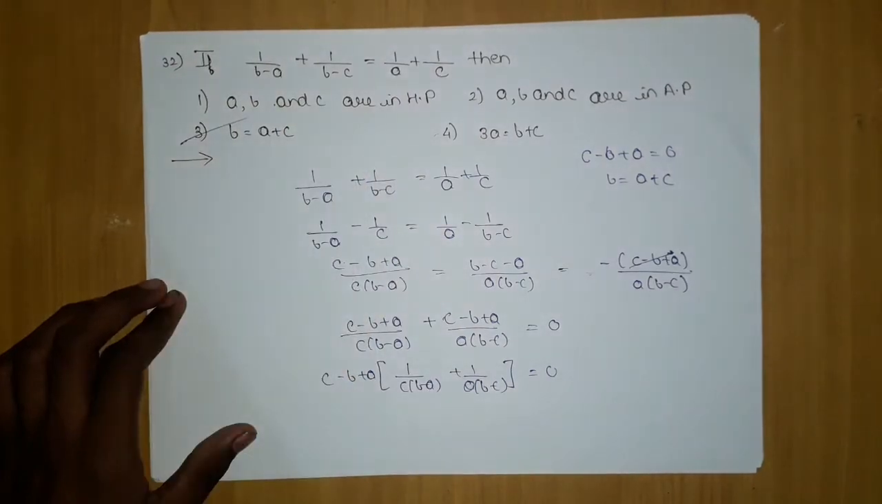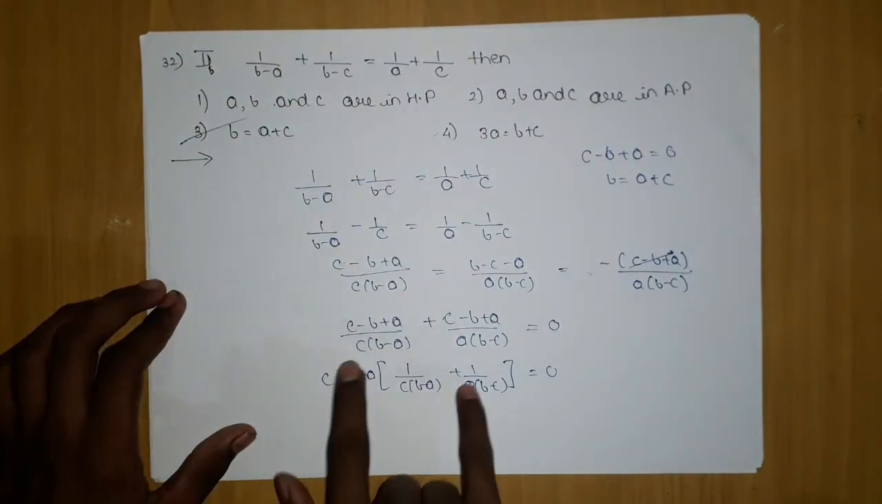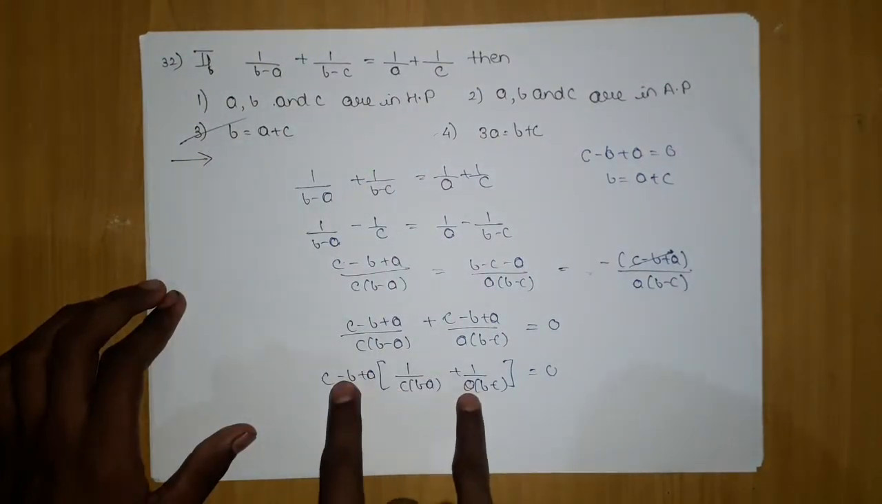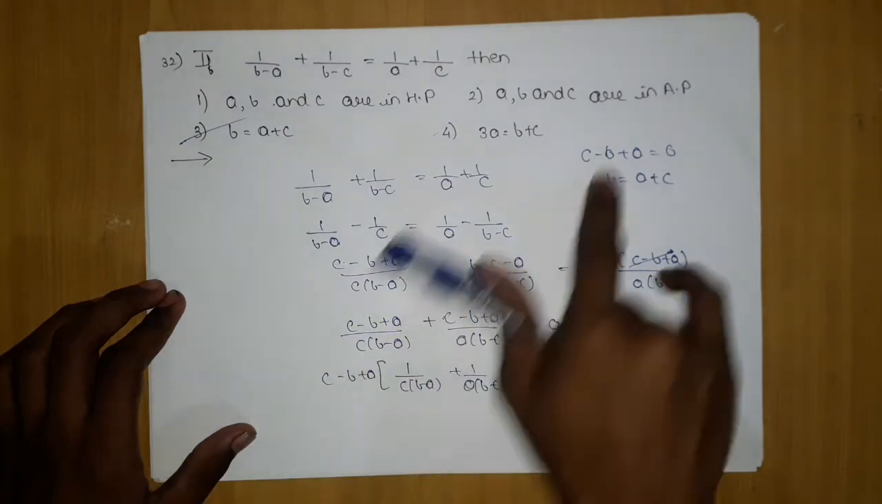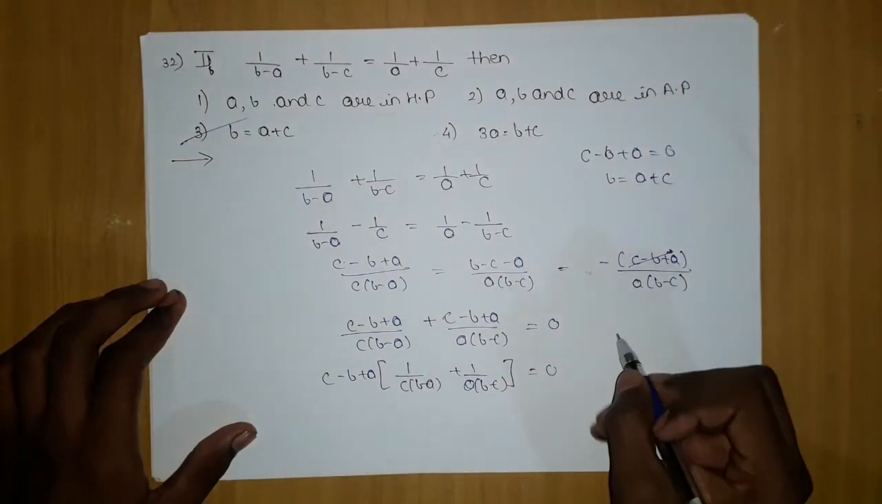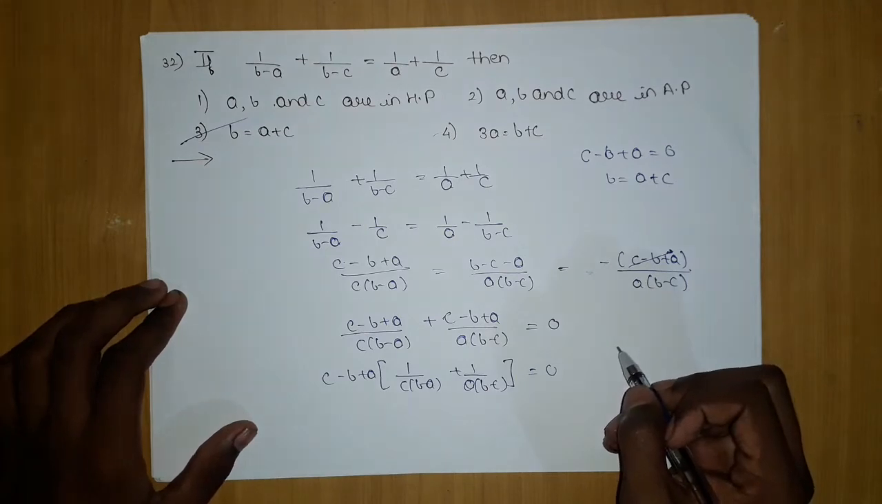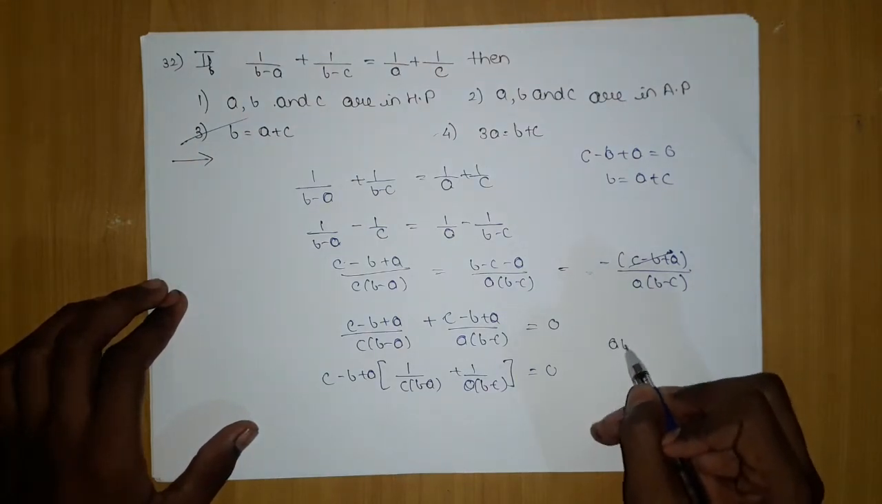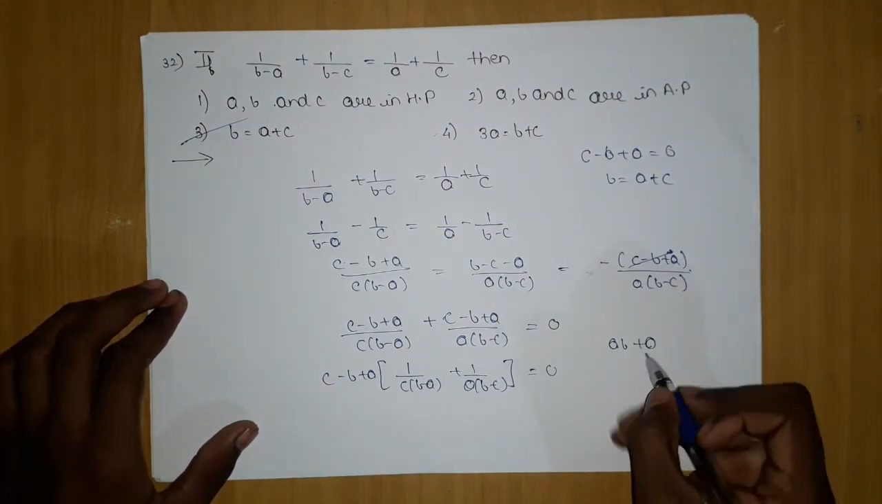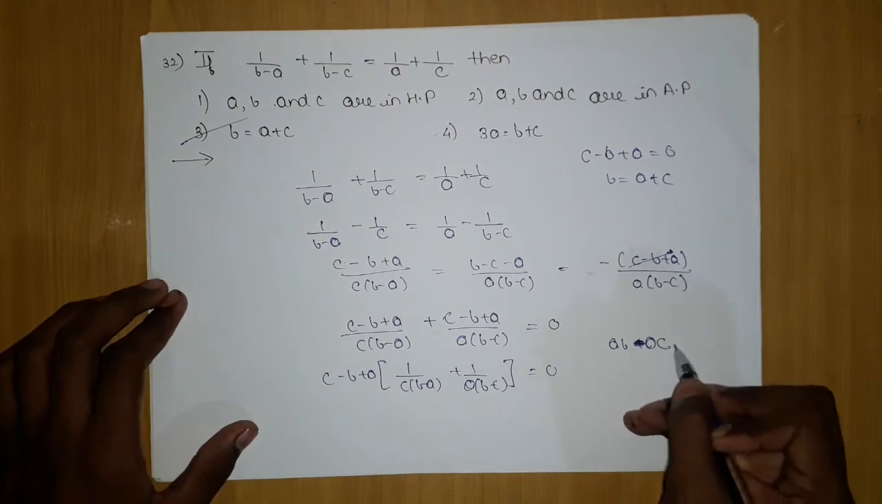So my third one is correct, because it can be equal to 0. If it is equal to 0, then it should be true. Then here we will multiply, which will give us ab plus ac, ab minus ac, sorry, ab minus ac